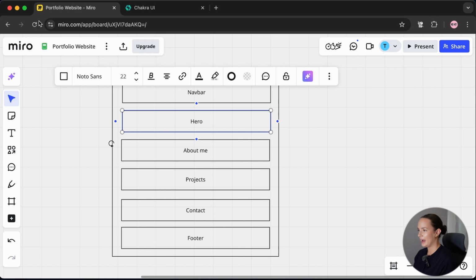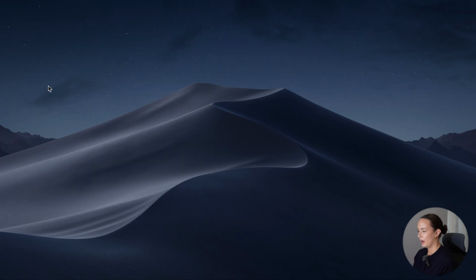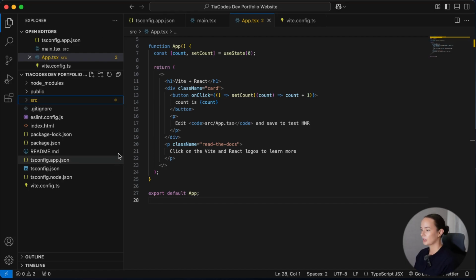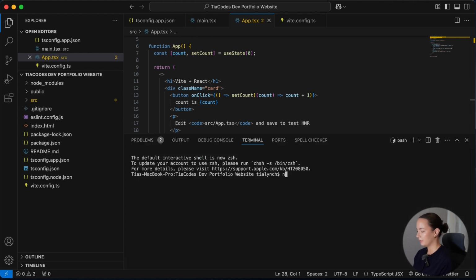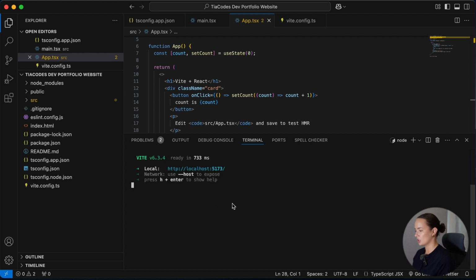Okay, so now if I go to VS Code, I've got my portfolio website folder open, which I created in the first video. And what I'm going to do is just go npm run dev. And actually the first thing I'm going to do is just clean out all of the stuff that we don't really want. So if I just quickly show you in Chrome,